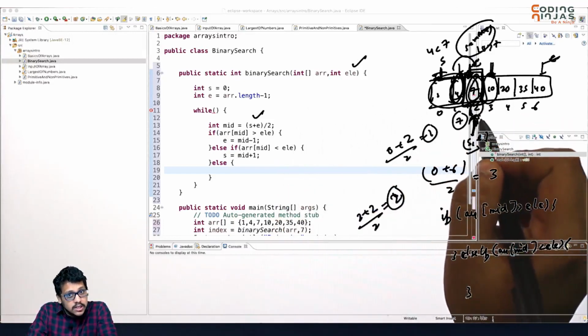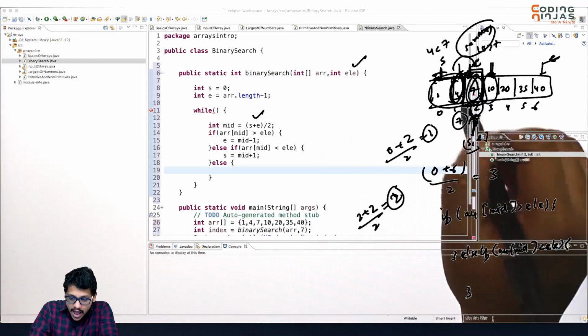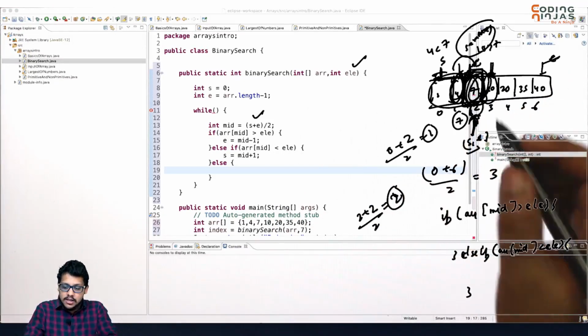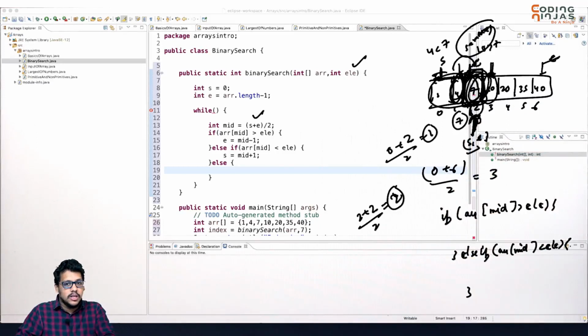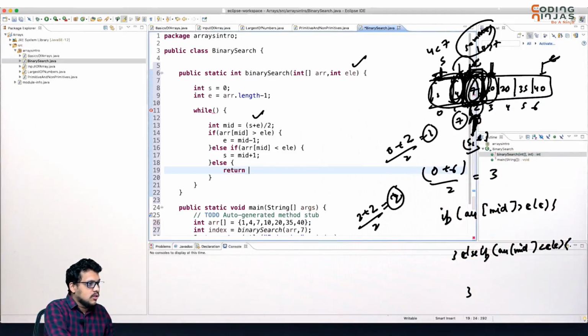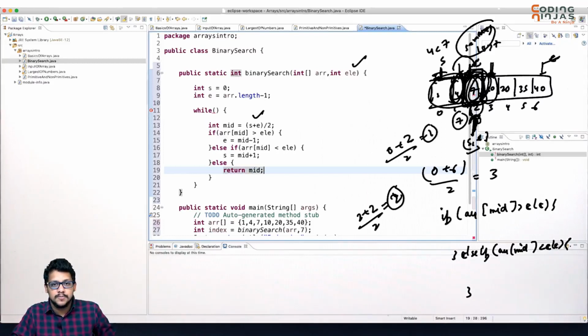7 is not lesser than 7. 7 is not greater than 7. Actually 7 is equal to 7, and you are standing at that index only. That means your answer is there. That means you can just return the mid index from there and you are getting your answer,